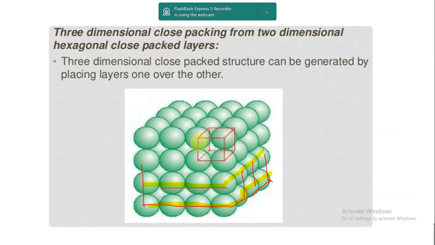See, these 2 squares are joined together, these 2 squares are joined together, these 2 squares are joined together, and these 2 are joined together. I'm sorry, it is not a square, it is spheres. So these 2 spheres are joined together, these 2 spheres are joined together, these 2 spheres are joined together, these 2 spheres are joined together, and just at the back side also the same way 2 spheres will be joined. So this is how a unit cell is getting formed.